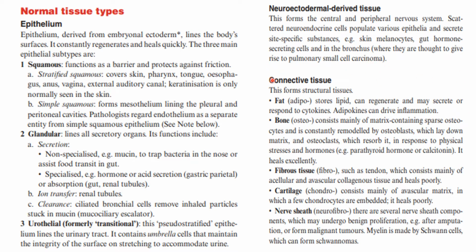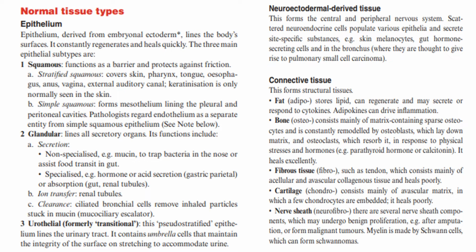Then we have connective tissue. This forms the structural tissue. Connective tissues include fat, bones, fibrous tissue, cartilage, and nerve sheath. Fat is stored as lipid, can regenerate, and may secrete adipokines in response to cytokines. Adipokines can drive inflammation. Bone, the word for bone tissue will always start with osteo, consists mainly of matrix